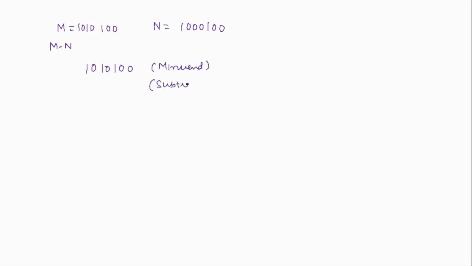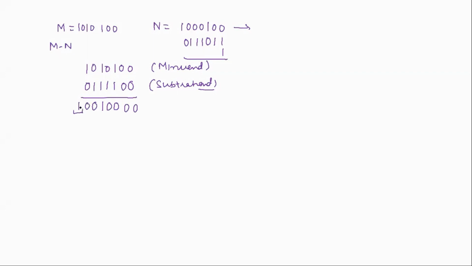So now we are not doing any sort of subtraction, we are actually going for addition. So what you will do, you will get 1's complement of this. So 1's complement of this is 1 1 0 1 1 1 0, and add 1 to it. When you add 1 to it, you will get 0 0 1, then 1 1 1, and 0 will be there. Now you will add them: 0 0 1 1 1.